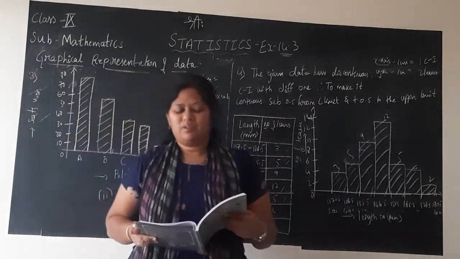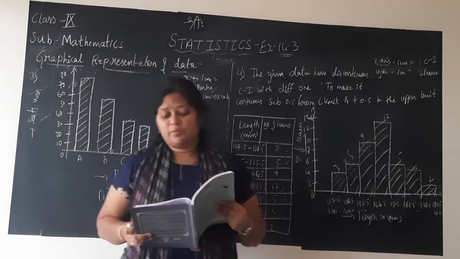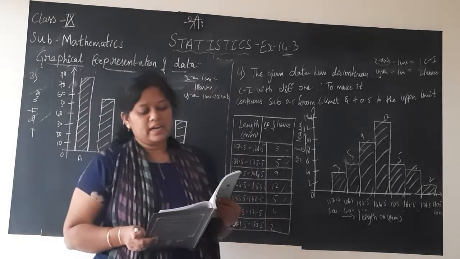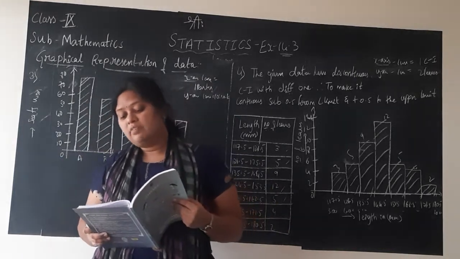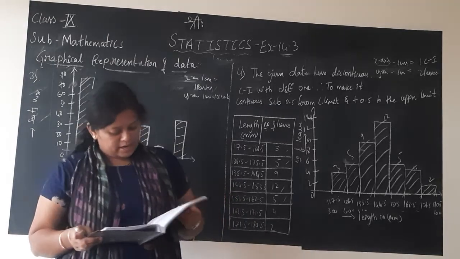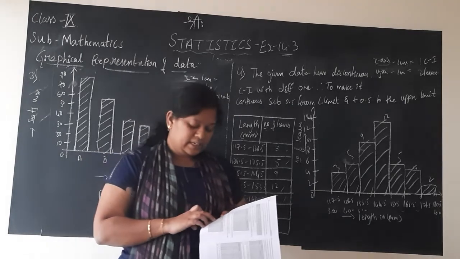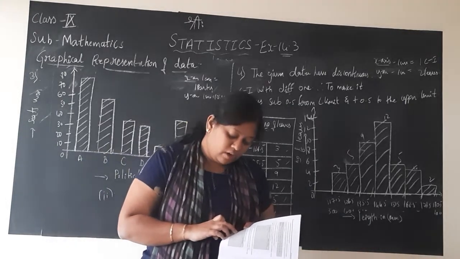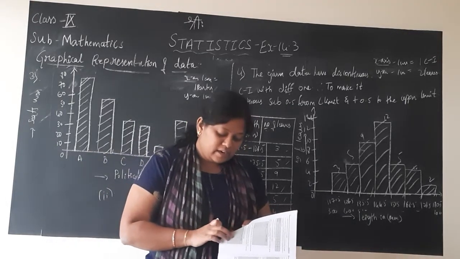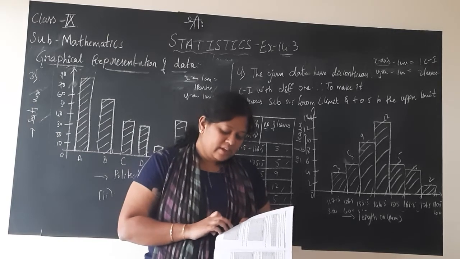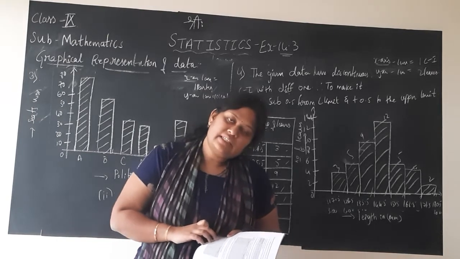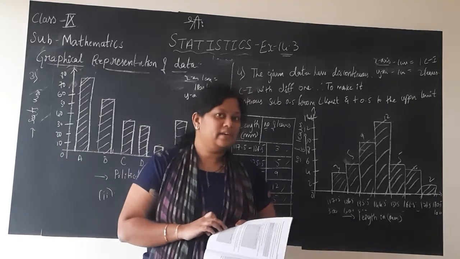The 6th question you do on your own, no? Represent the given information with the help of a histogram. You do it. How many lamps have a lifetime of more than 700 hours? Here I will not say you should consider from 600 to 700. Why? Because we all know that in 600 to 700, though the number 86 is there, 700 will be considered in the next class interval, which is 700 to 800, children.